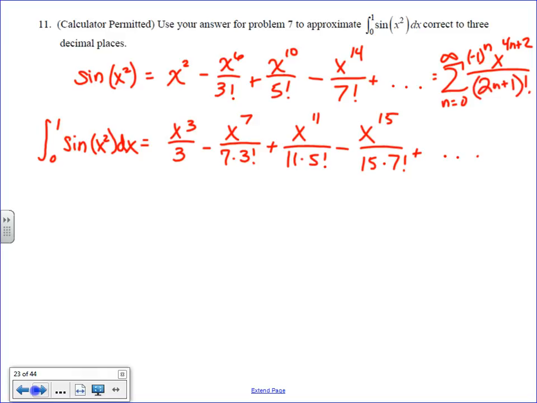Does that work? Anyway, whatever. I have an alternating series. I can approximate an alternating series using an nth partial sum, and the error is going to be less than the next term, right? Yes. Okay, so if I was to approximate correct to 3 decimal places,